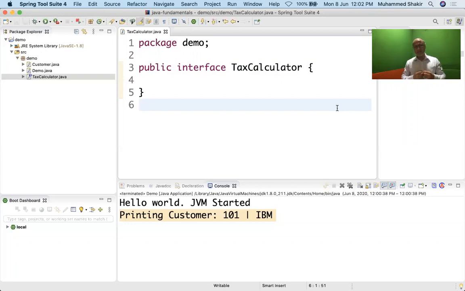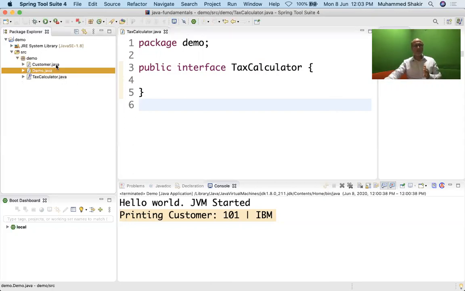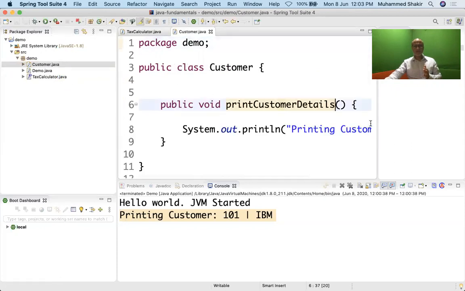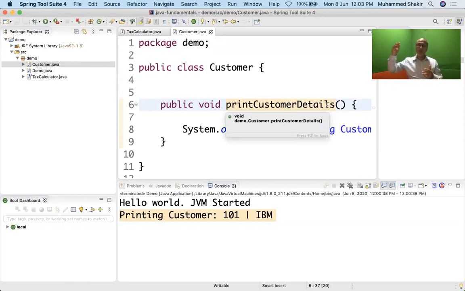Right, so please understand this very nicely, so that you must be able to take this understanding to the other development, the other programming platforms as well. So the point that I'm trying to make here is you've got the concept of classes, and you will see that the classes provide behavior. Take a look at this customer class, for example. This is the behavior. Right, what is a class? A class is a template. I repeat, a class is a template of how the objects will look like when created of this class.